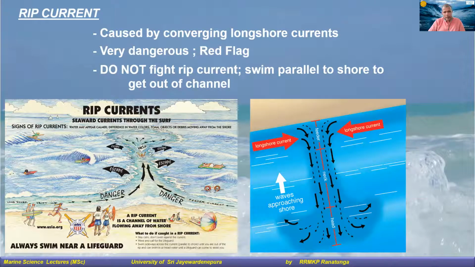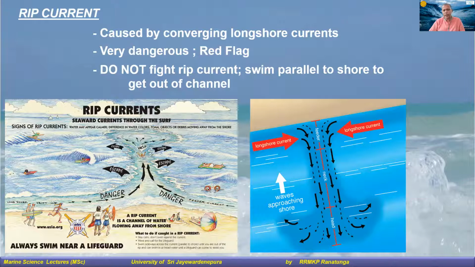And there is another very important type of ocean current. I'm not too sure whether you have heard about it. Once I have mentioned it before, it's called the rip current. Rip current. It is some sort of a hidden danger. Not many people know about this unless you are a lifesaver, or someone from the Navy or the Coast Guard, or someone who is working in this field. Not many people know about something called the rip current, right?